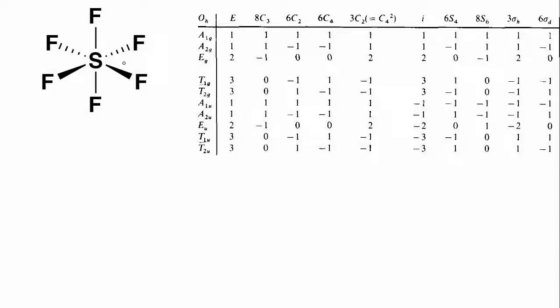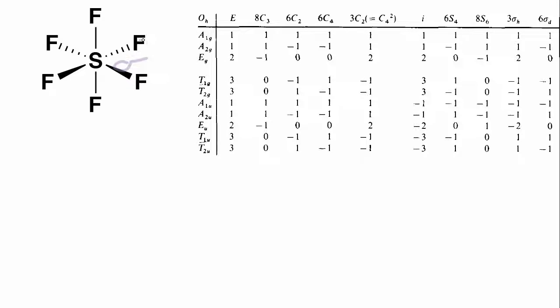In this video, we're going to determine the irreducible representations for the sigma bonds here between the sulfur and the fluorines, as well as the pi bonds between the sulfur and the fluorines. And so the first step will be to figure out the point group of the molecule. So what we have here is SF6, and I've already given you the clue that it's in the Oh point